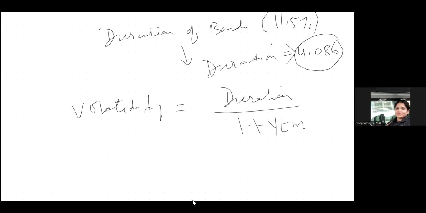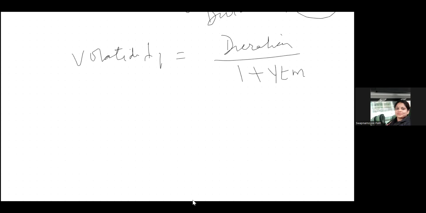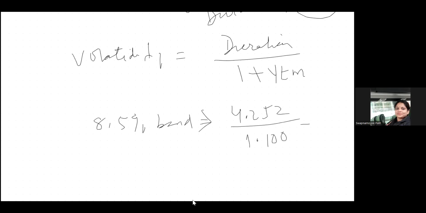So for the first bond, the 8.5% bond, what was your duration? 4.252 divided by 1.10, as 10% is given. And you get volatility of 3.87. And for the second bond, 11.5%